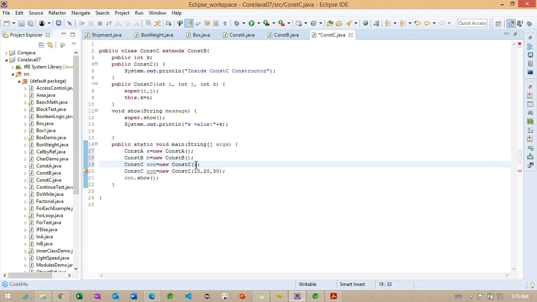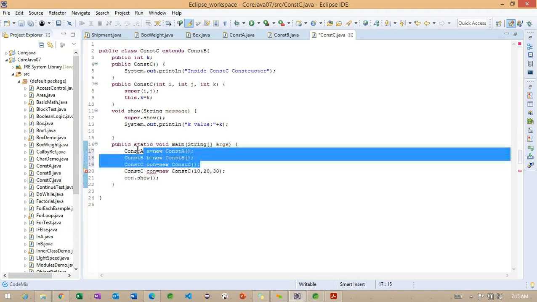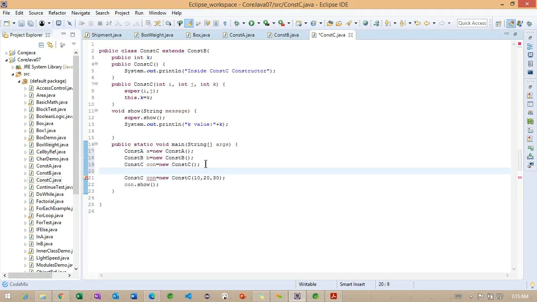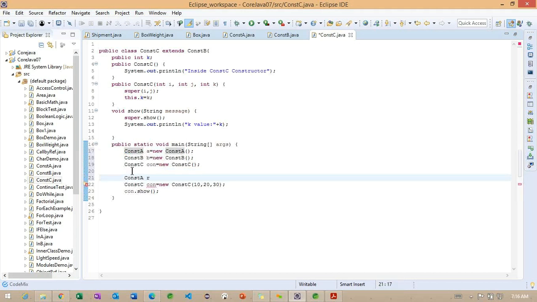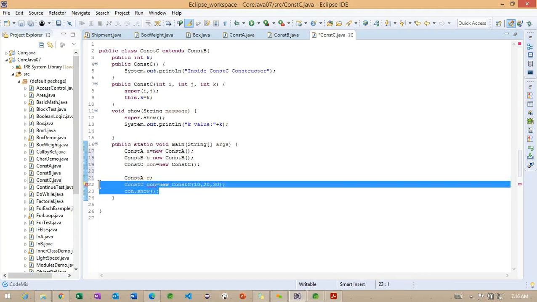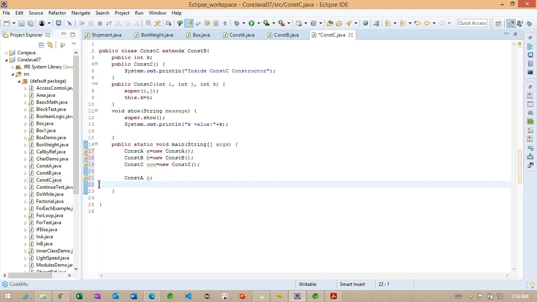And so we will observe here how many objects we created. We are creating three objects here. After creating these three objects, now what I'm doing here, I'm going to make a reference of this particular constructor A, something called R. So the reference I'm going to use, and if you observe carefully,